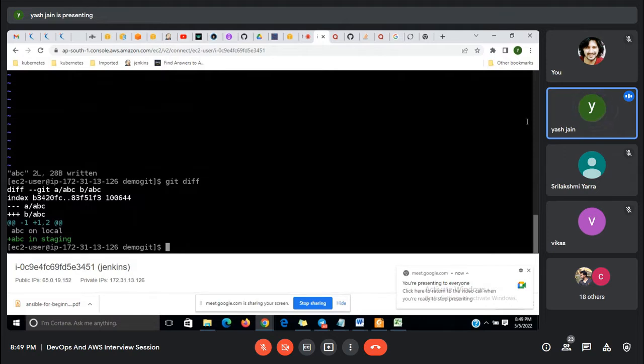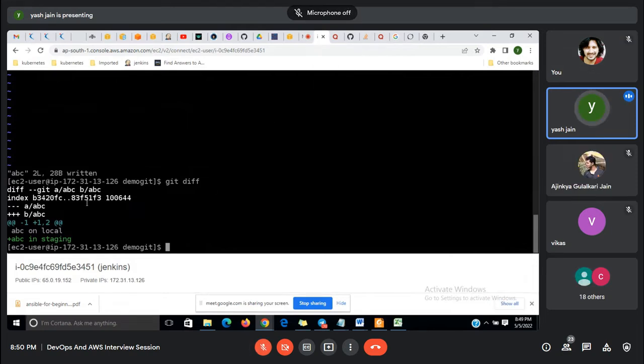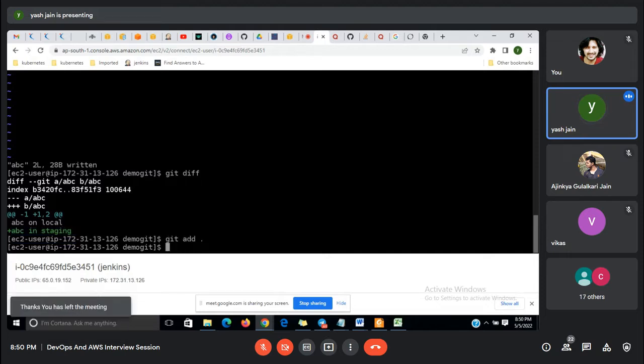All right. Now you see, git diff is basically showing the difference between my working directory and my local repository. So this was my latest file committed in the last commit, and this is what I just edited, but it is still not in the staging area, right? And if I just put it in the staging area,